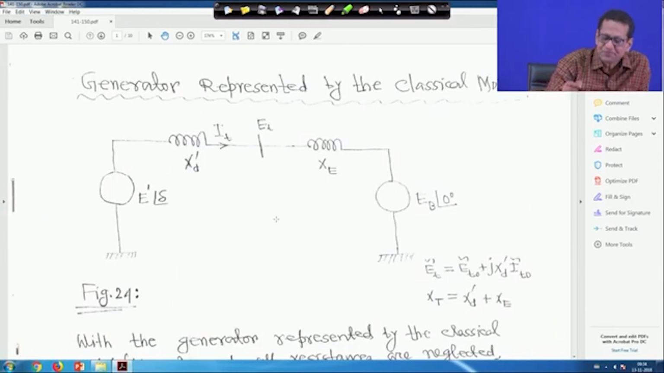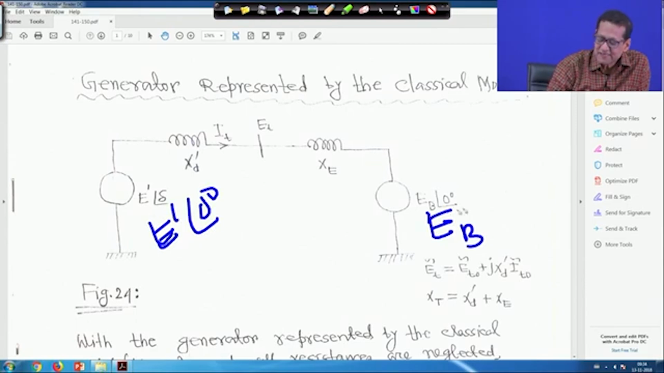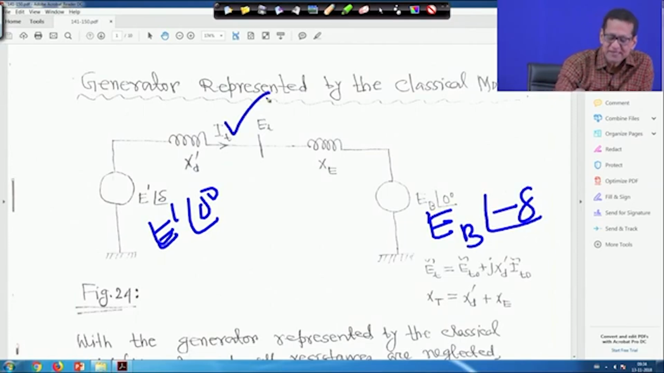Here, instead of this one, I can take this thing, and this one I can take as minus delta. So, if it is so, then this is my I_t. So, I_t will be